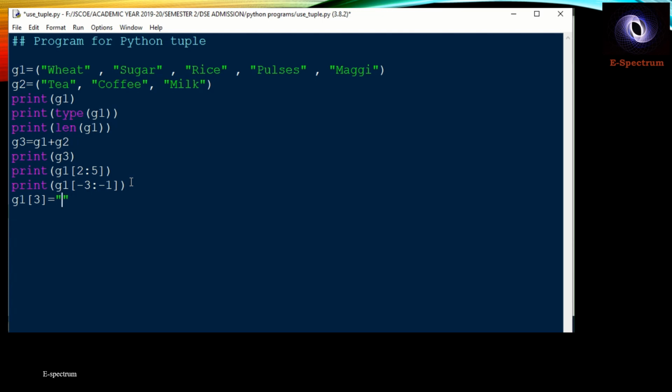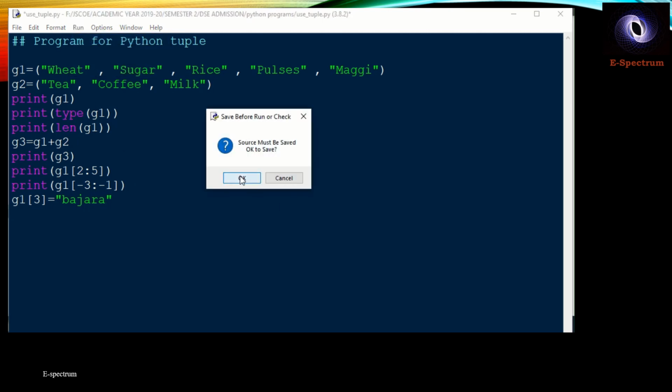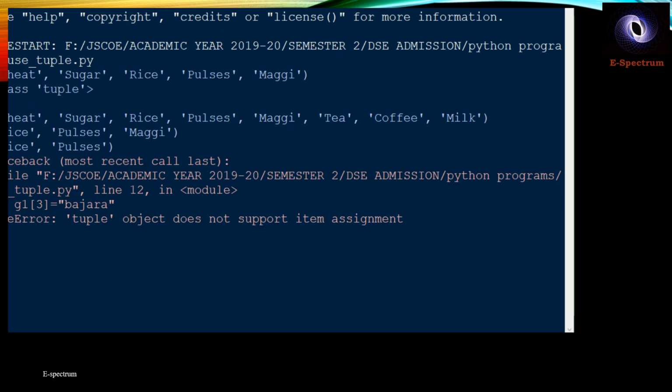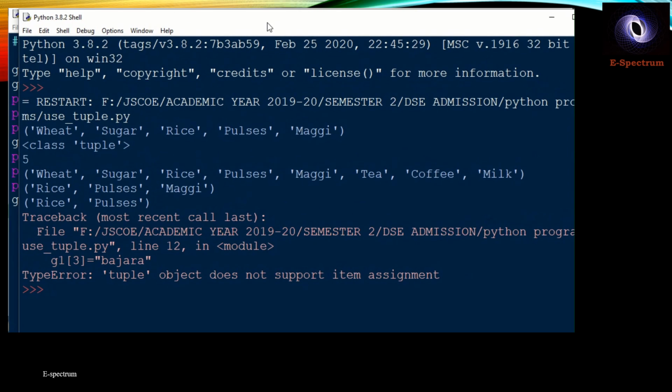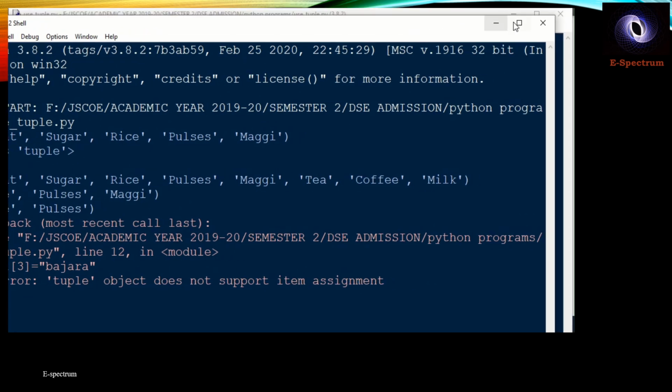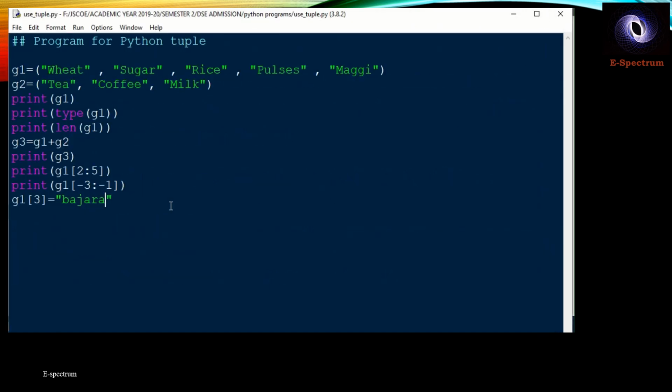So say I want to add Bajra. What will be the execution of this? So I get an error that it is not possible with Python. The tuple object does not support item assignment. So I cannot add anything in the tuple. That is the meaning.